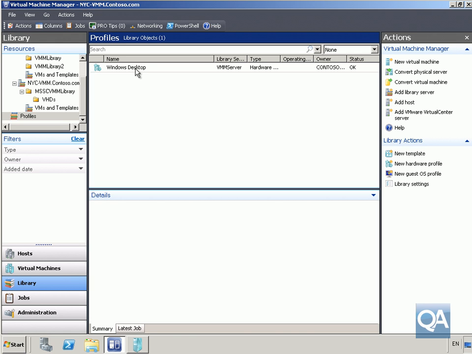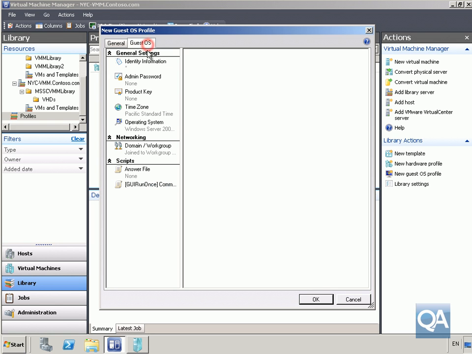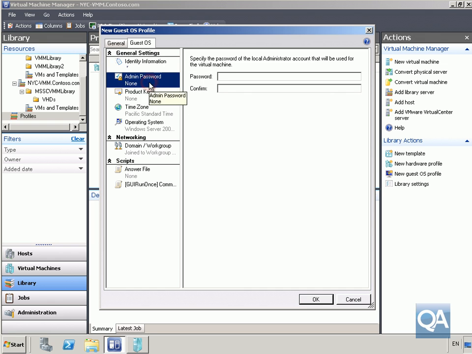and we now have our Windows 7 hardware profile. The next thing we're going to do is create the guest operating system profile. In the new guest operating system profile, we're going to call this one Windows 7. We're going to click on the guest operating system. We're going to randomize the computer names as they're created. Full name for licensing purposes is going to be mine, and my organization, QA. My admin password is going to be password,